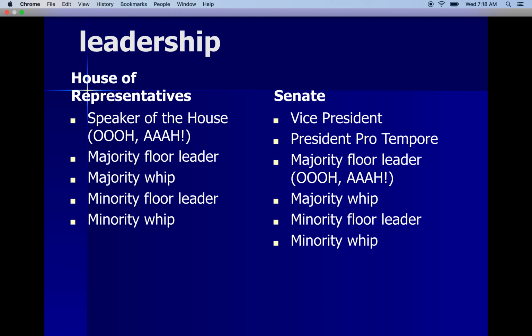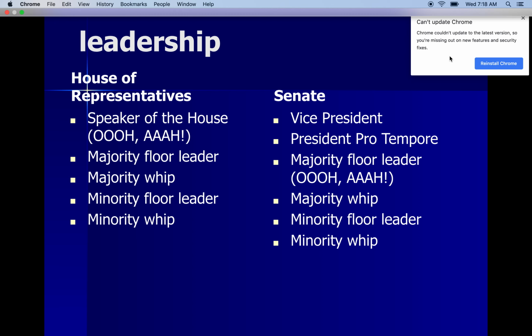And then, the Republicans in the House, they've got a minority floor leader. His job is to kind of oppose what Pelosi's doing, and a minority whip to count kind of Republican votes. On the Senate side, the vice president is the constitutional leader of the Senate, but he doesn't show up. He doesn't do anything. The only job he has is to break a tie. There's this honorary position for the member of the majority party that's been there the longest, called the president pro tempore. And so the real power